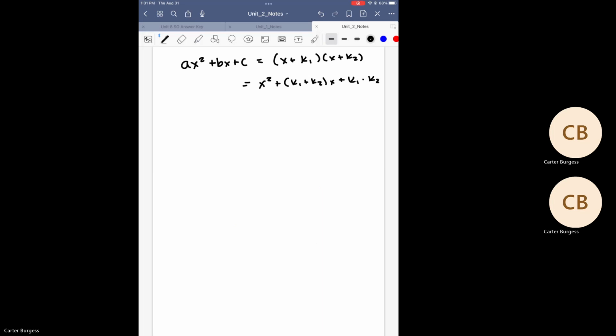And so very similarly to what we were doing before, what kind of equations can we generate from that? Well, b is going to be equal to our k1 plus k2, our 2 zeros added together, and c is going to be